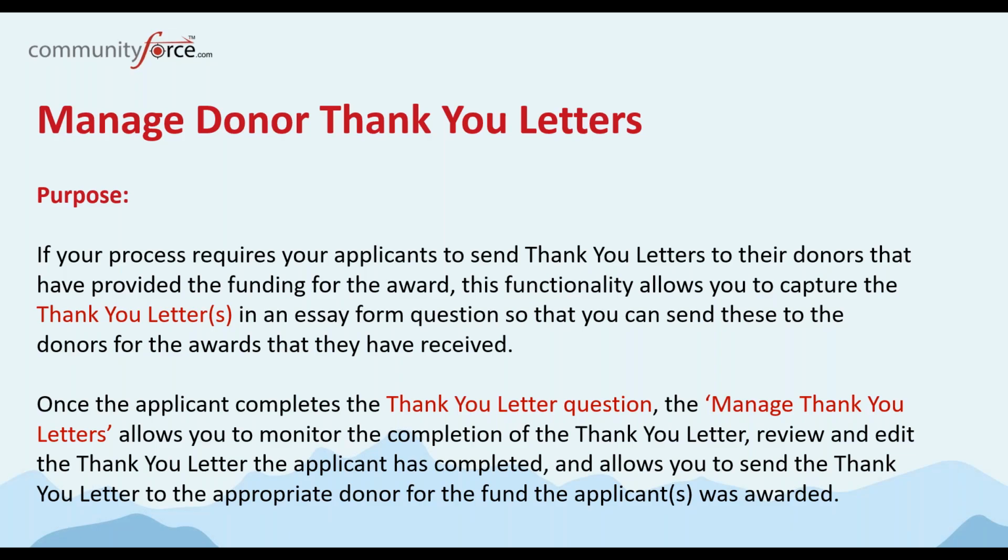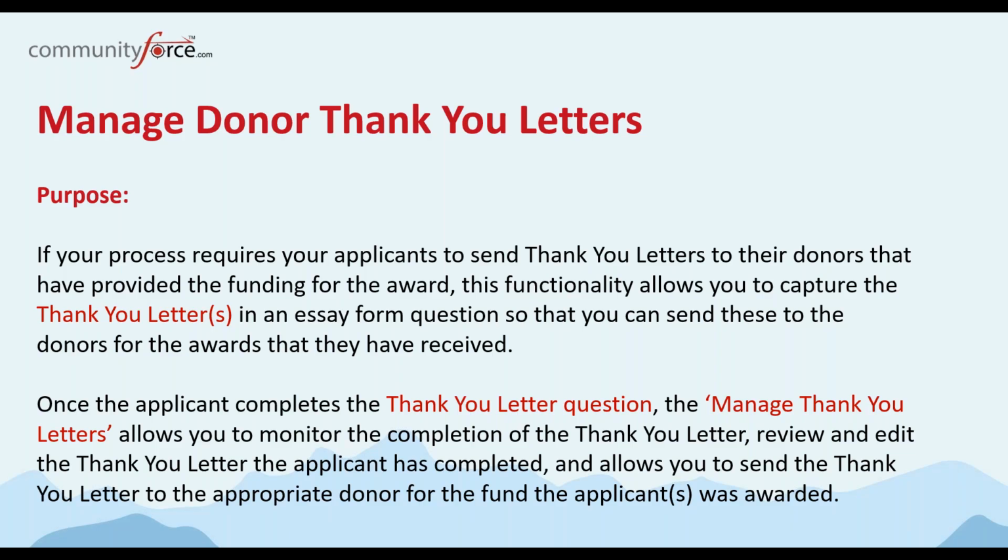The applicant sees that essay box, completes their thank you letter, and types out what they wanted to say in that thank you letter question. Once they save it, it will then appear on a functionality called Manage Donor Thank You Letters.